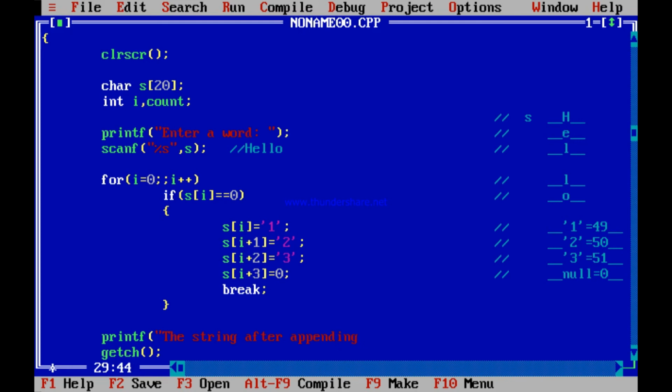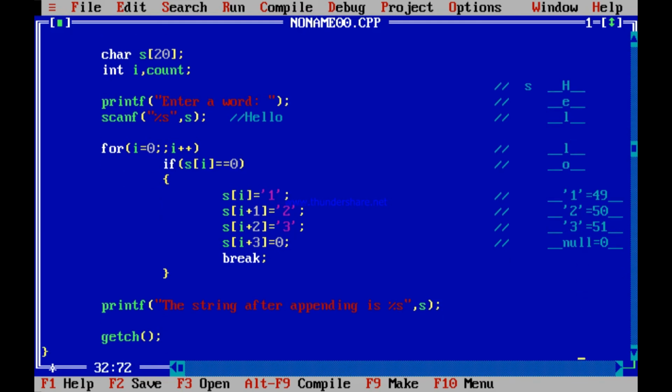That is, I have appended the 1, 2, 3. After appending is %s, and that % is replaced by the s itself. Now see, this s you had scanned. So this s was hello. So this hello, if you print, it will print normally, because at the end of this hello the 0 was appended. But you changed that and you appended 1, 2, 3 over there. So this should work fine now.